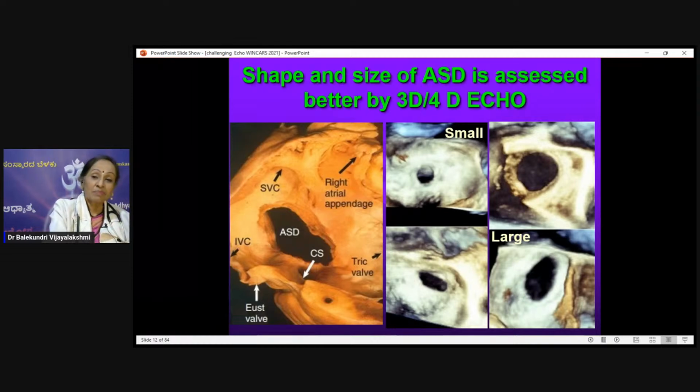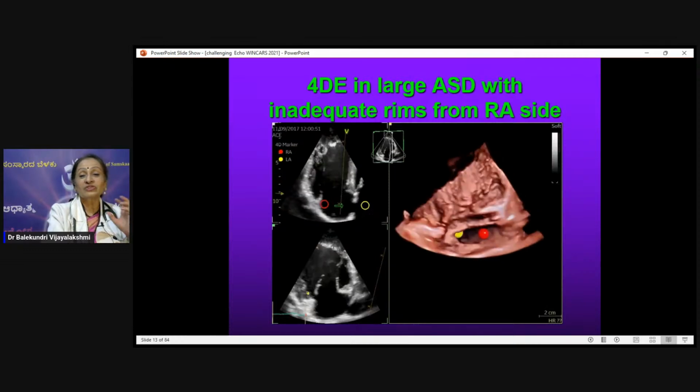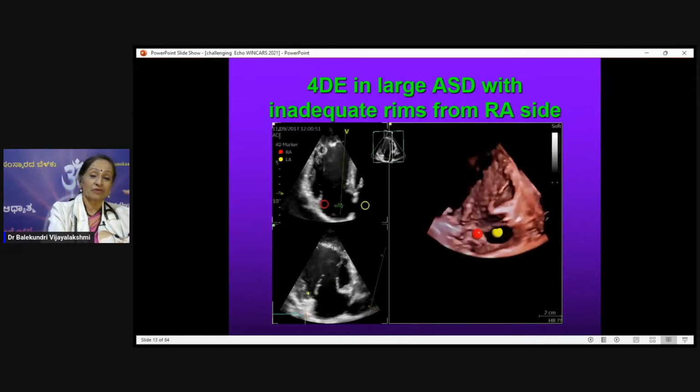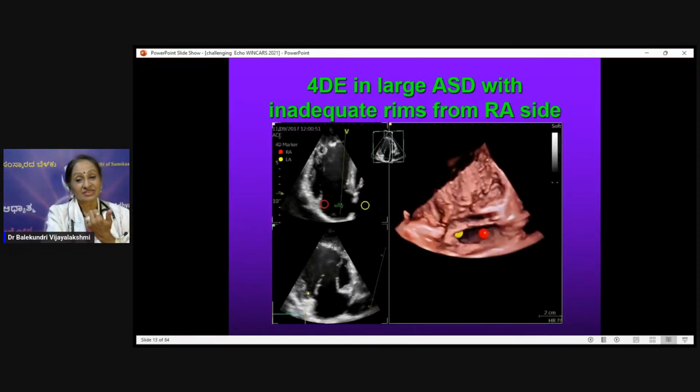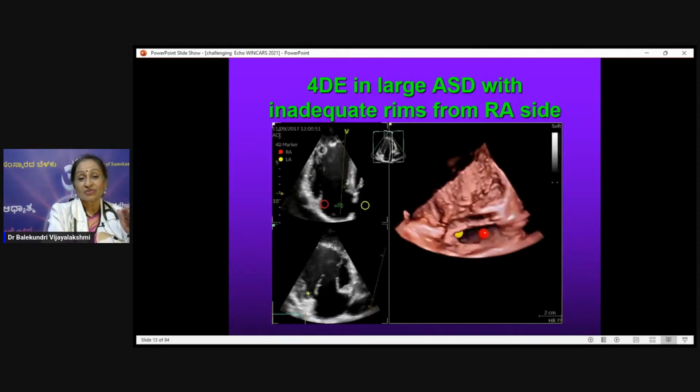But in the past, when we didn't have the 4D echo or the 3D echo, we used to have the residual ASD, because the shape and the size cannot be accurately made out by the 2D echo. But today, the 4D echo is so excellent, you can see from the RA side or the LA side. This I'm showing you from the RA side, and you can see the rim, it's a large ASD where the